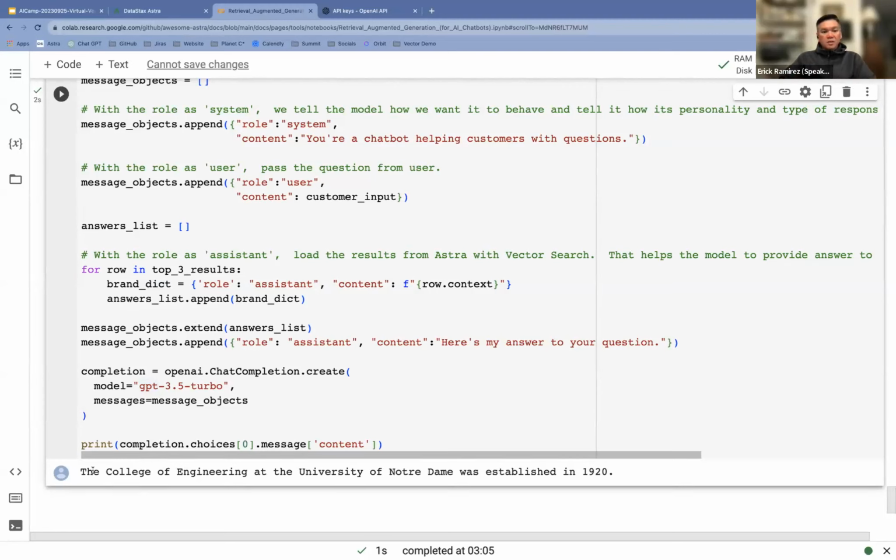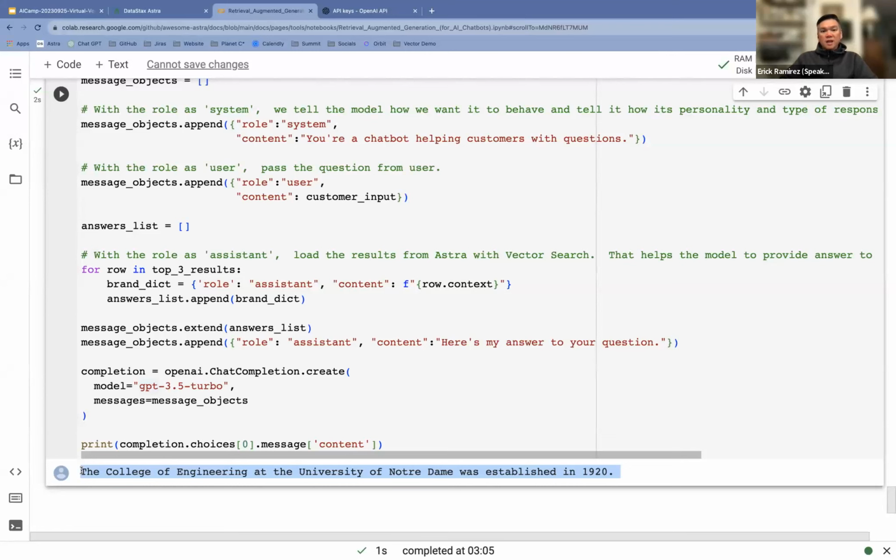And so here we are. The response from ChatGPT is that the College of Engineering at the University of Notre Dame was established in 1920. Now, that answer didn't come from ChatGPT itself. It came from our data, the data in our database.